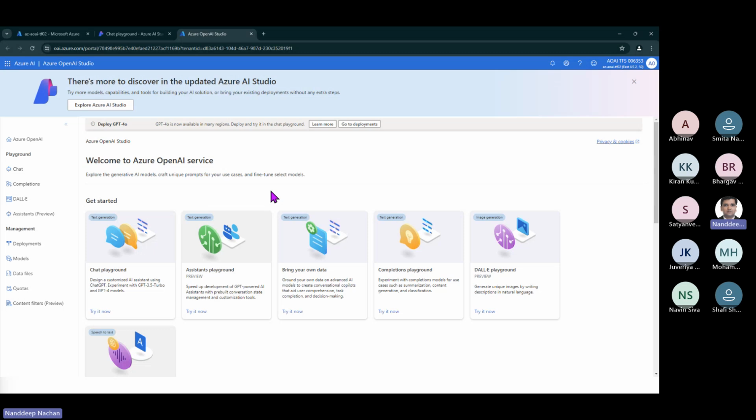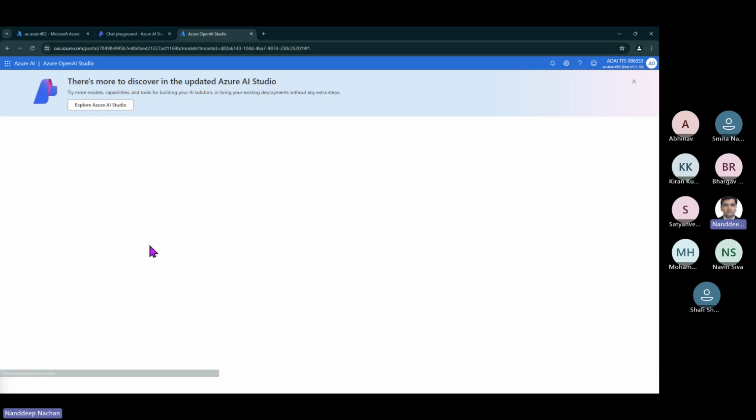because it depends on what kind of scenario you want to solve for your business or for your customers, at the same time what kind of models you want to make use of, as well as what capabilities of those models you want to use. Based on the answers to those questions, you can go ahead and create that Azure OpenAI resource in those regions. So once you create that, we do have various models available, and from this